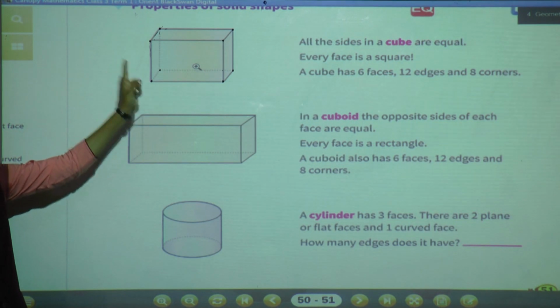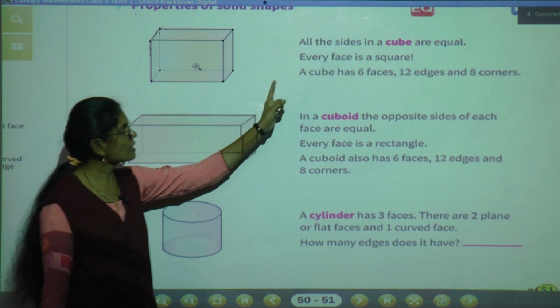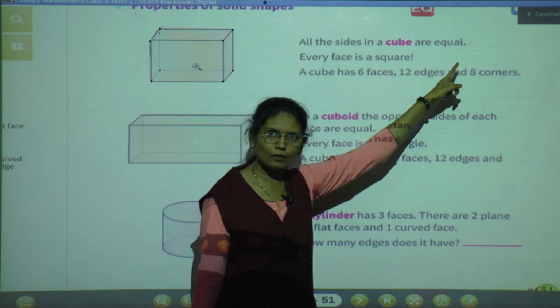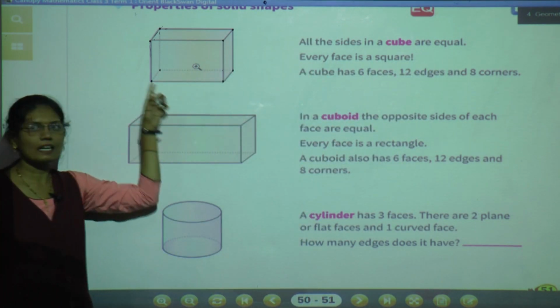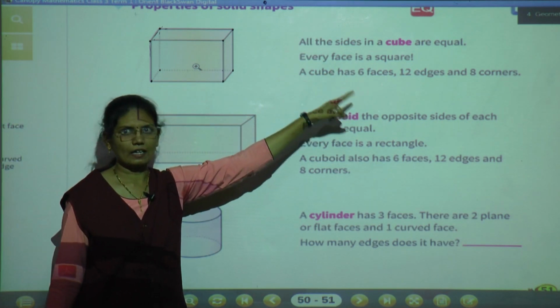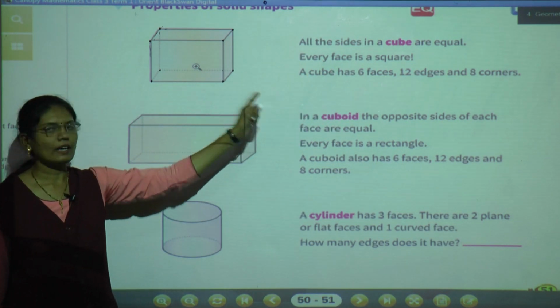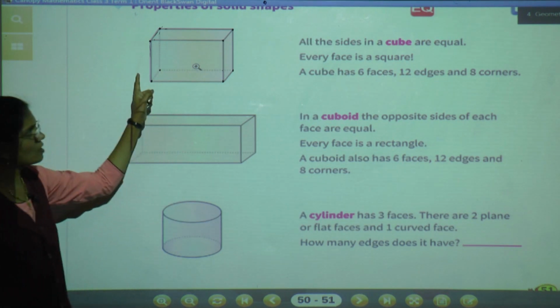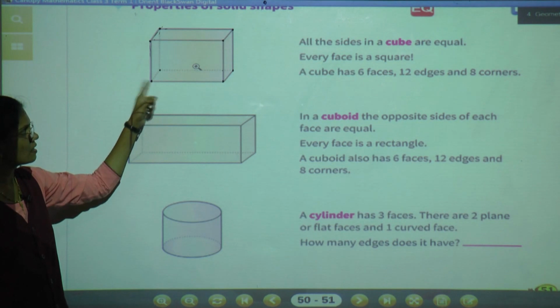It has 8 corners. Once again I will repeat this. All the sides in a cube are equal. See, all the sides are equal. Why? Because every face is a square and we know very well that in a square all the sides are equal. So in a cube all sides are equal and every face is a square.